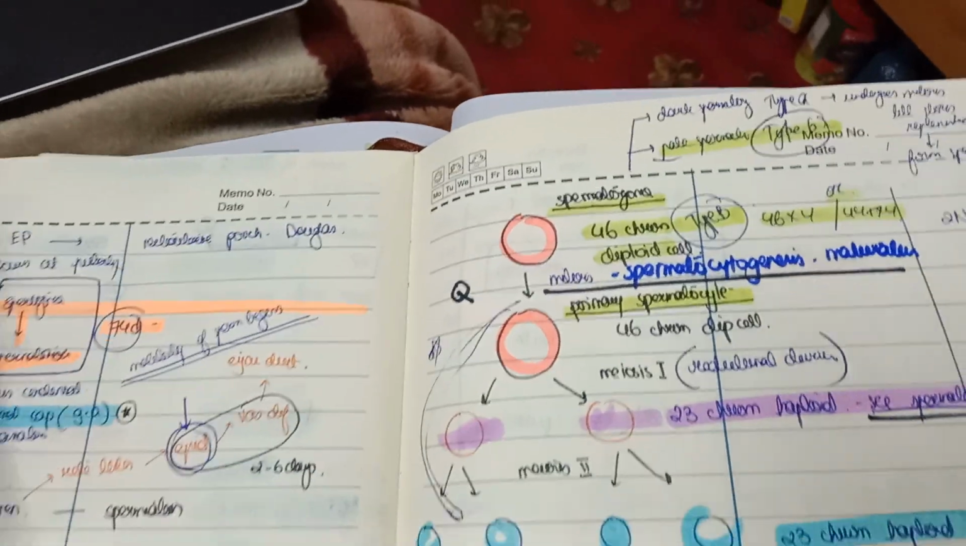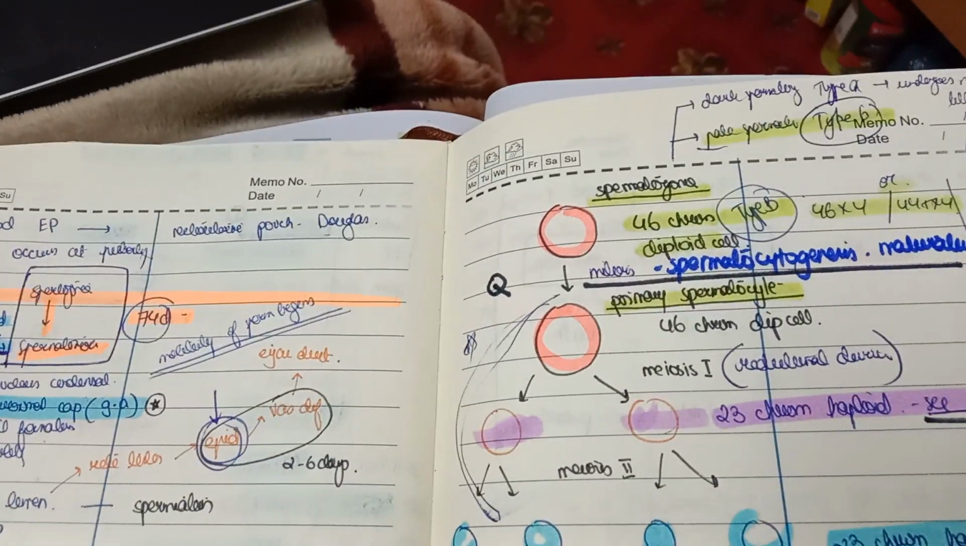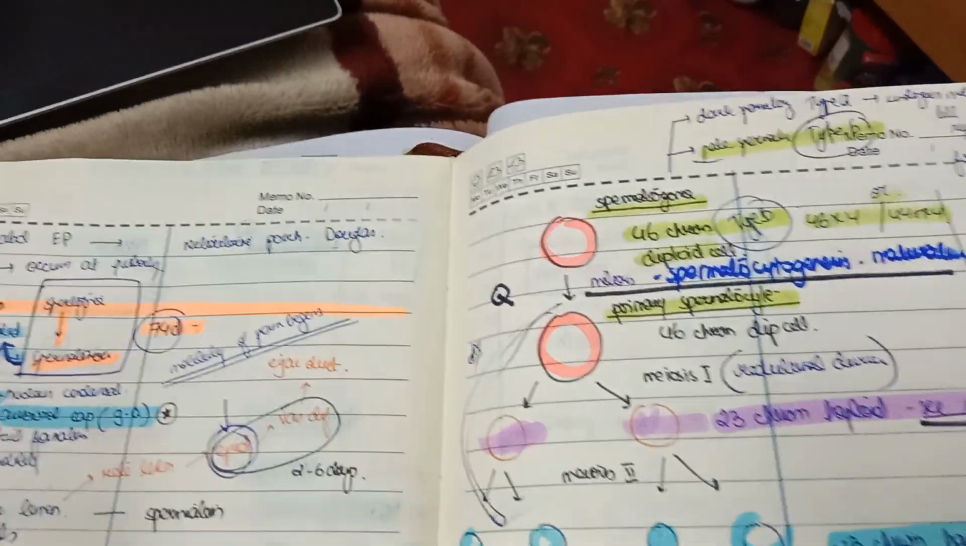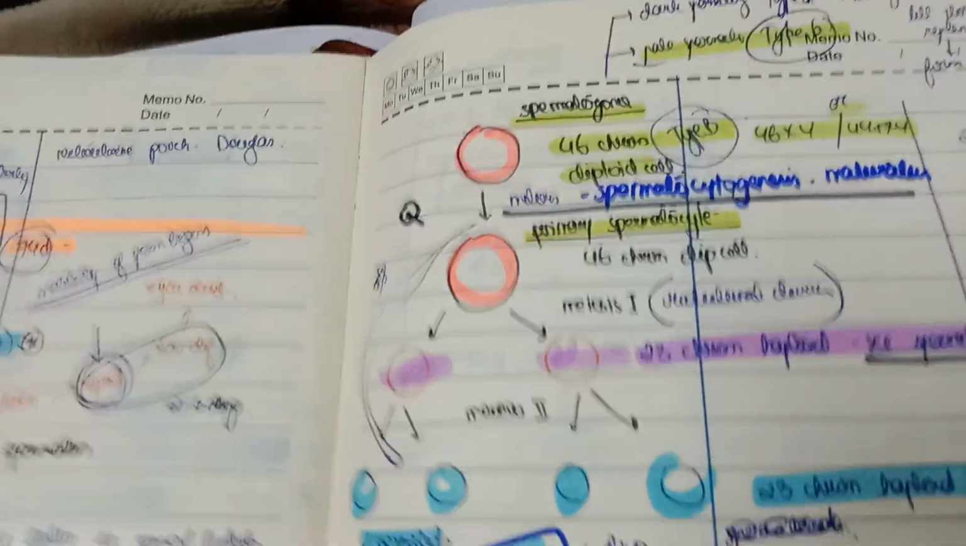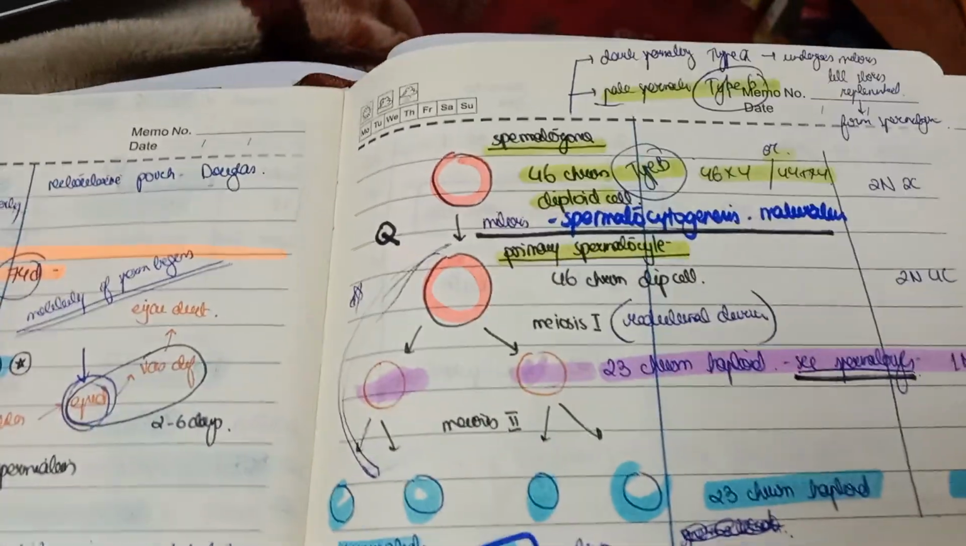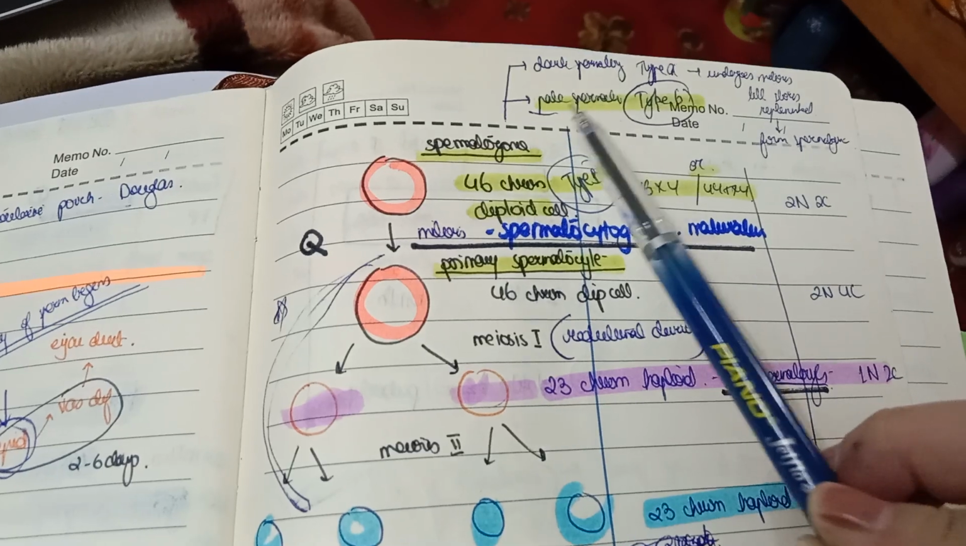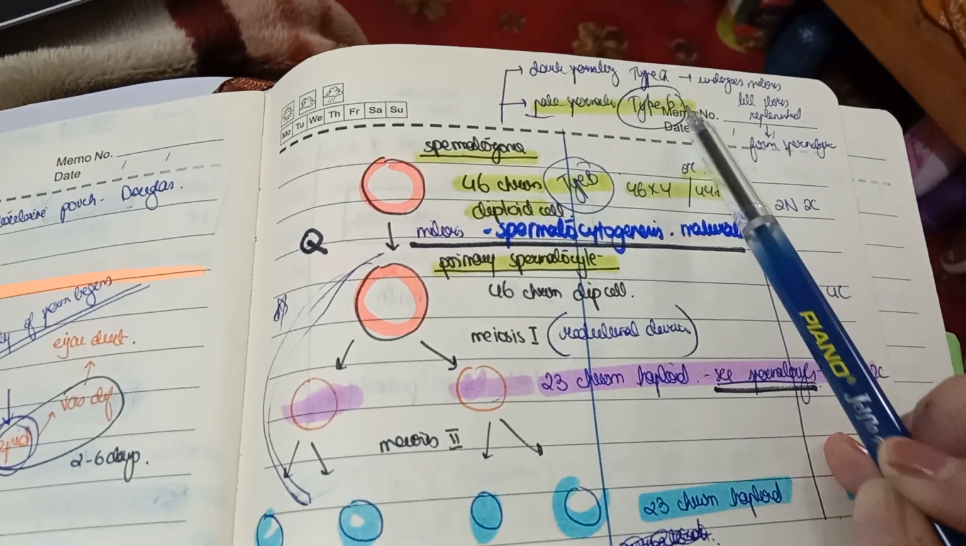So there are two types. We have dark cells and pale cells. The pale spermatogonia are known as type B cells, and they are the ones which are further participating in the whole procedure. Whereas the dark ones, type A, are just simply undergoing mitosis and replenishing the stores. So this type B pale spermatogonium has 46 chromosomes, diploid cells, and undergoes maturation to